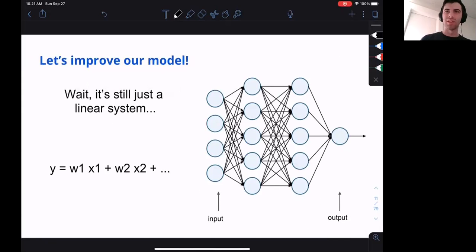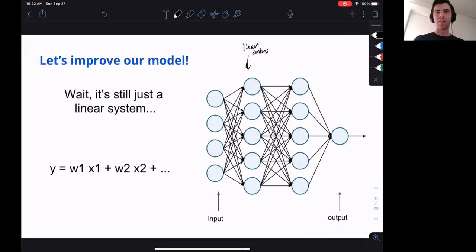But one thing to remember is that we haven't actually done anything yet. So I've kind of shown you all these images of neural networks without telling you that none of them would actually work. They would all still just do linear regression. And that's because there's one secret thing that you need to do in order to get neural networks to learn good features. So far, we've represented each of these edges with a weight and each of these nodes with a sum, right? So that means essentially each one of these nodes is given as a linear combination of the previous nodes, right? So this first row is just linear combinations,